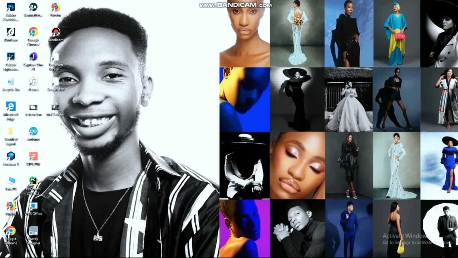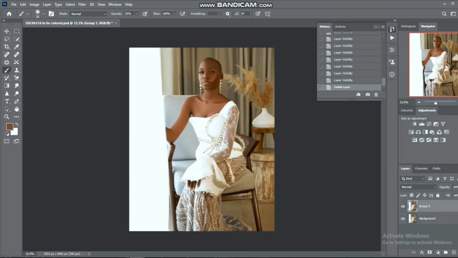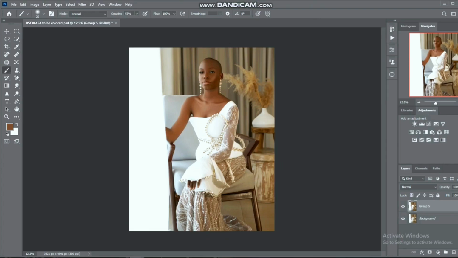So in Photoshop, I will be color grading this picture. This is how the picture came from Capture One. So let me try to color grade this picture like this now. Okay, so